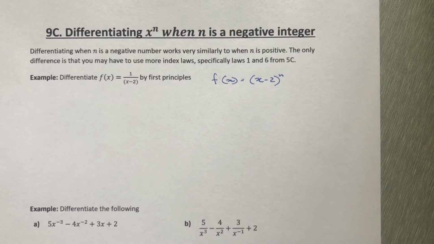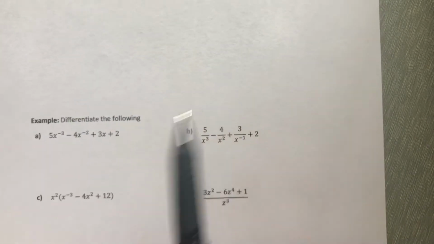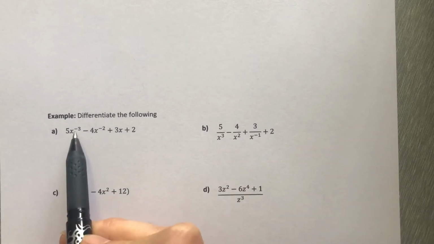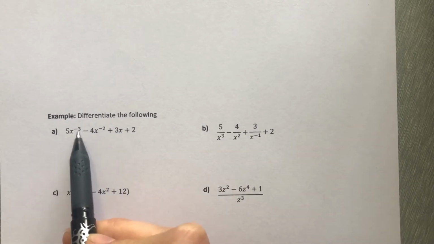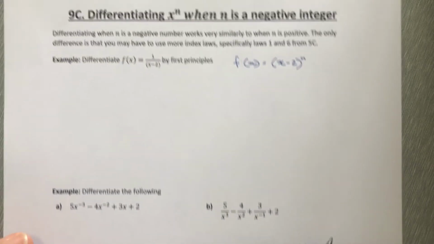So the focus of 9C is differentiating when we've got negative powers. If we look down at this question as an example, see how this one has negative powers? We're basically dealing with that. Now it's done in the exact same way as before, but before we have a go at these examples, I